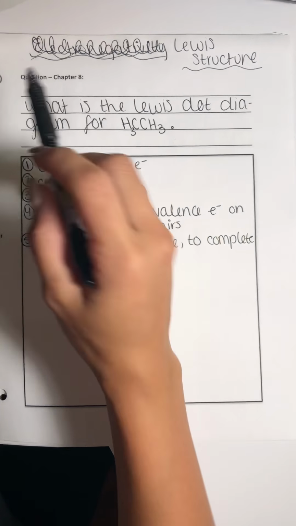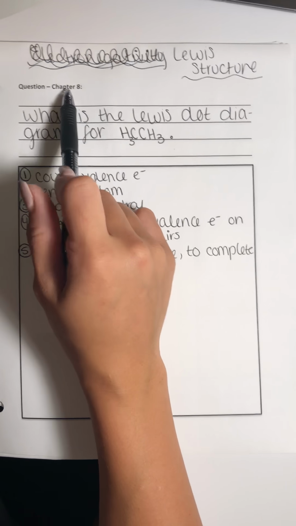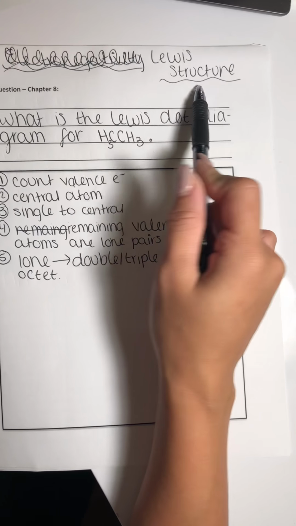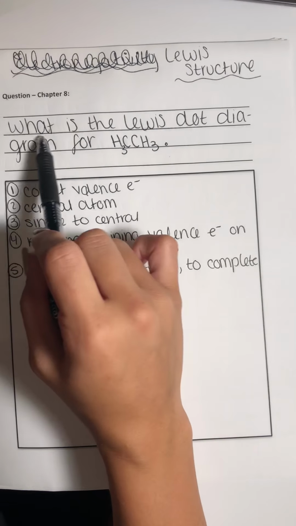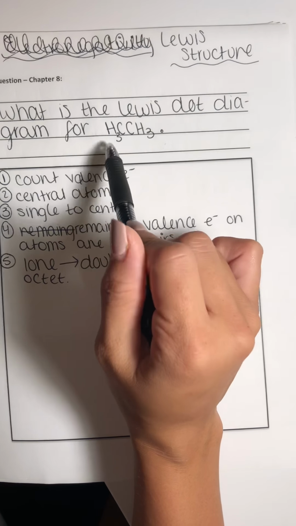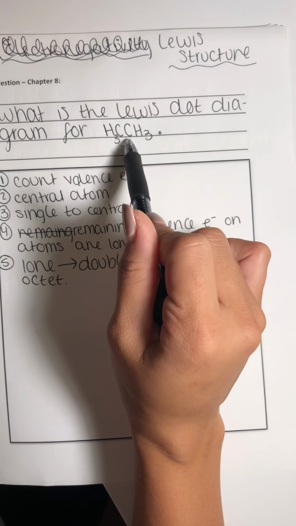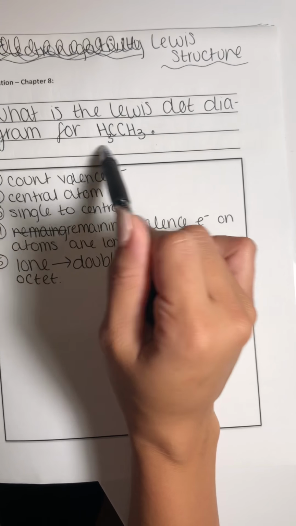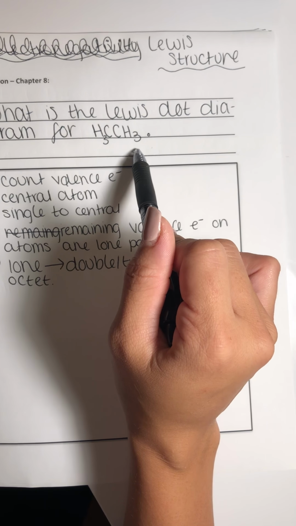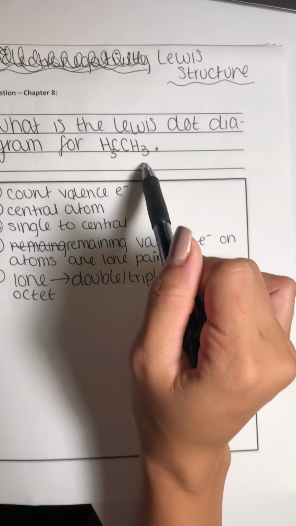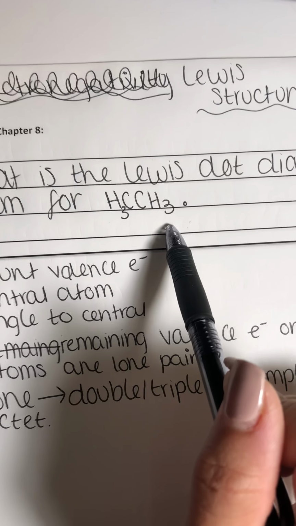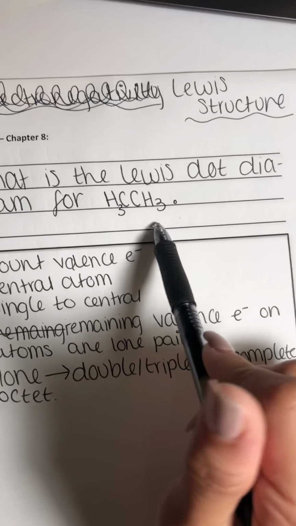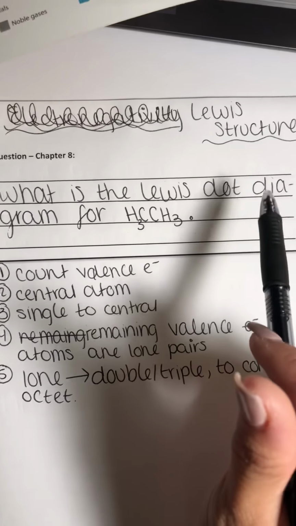Okay, so for question 2, chapter 8, I chose Lewis structures to be the topic. The question says, what is the Lewis dot diagram for H3CCH3? When you look at this compound, it might be very confusing at first on what the central atom is and everything,